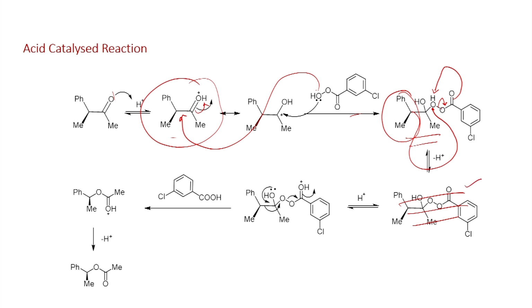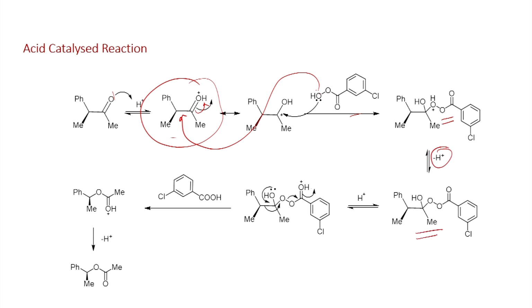You can write it like this also. Once you form this one, you can form this intermediate. Once you form this one, it can migrate. So this can undergo addition to this, and then you will have this intermediate which can lose a proton. Then you will have this intermediate. Once you have this one, protonation of this carbonyl group can generate this intermediate. Once you form this one, this can undergo migration shown here, this will come here, and you will be able to form this ester, and you generate meta-chlorobenzoic acid, the byproduct, which can lose a proton.